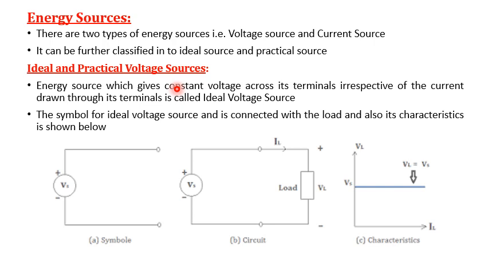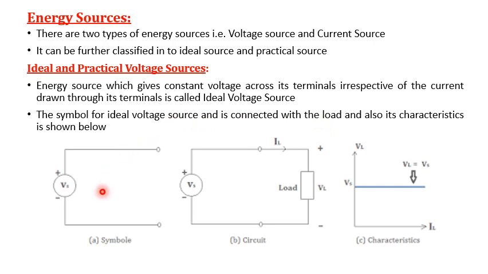So irrespective of the variation of the load, the current which can be drawn at its terminal, it should still give constant voltage. So that is called as what? The ideal voltage source. The symbol for the ideal voltage source connected with the load and its characteristics is